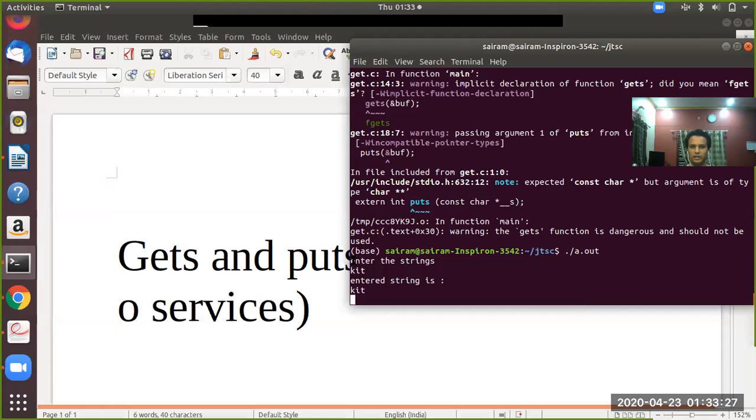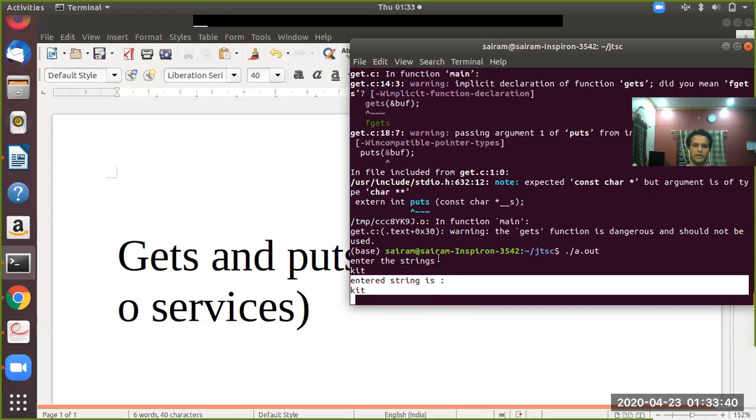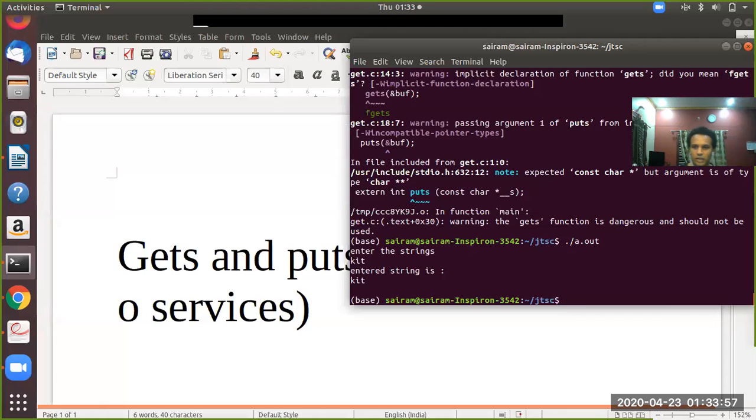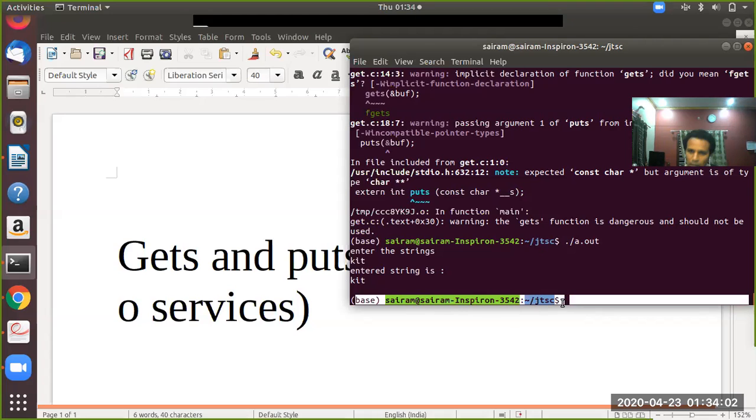Now see, when this sentence is printed, you will enter this value. After entering this, the same value is displayed back. After displaying entered string is, each line is shown in the next line because I have included \n in each printf. So please see this. After typing a key, you see the console command prompt came back.